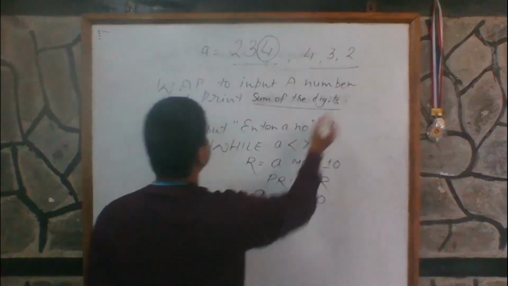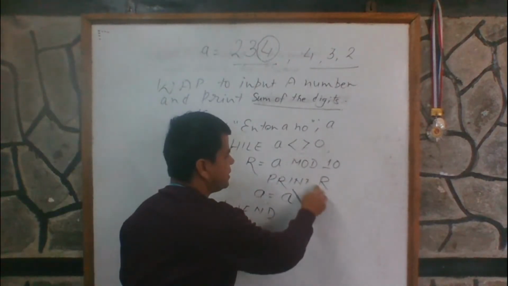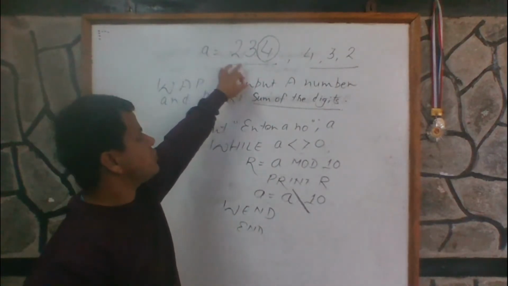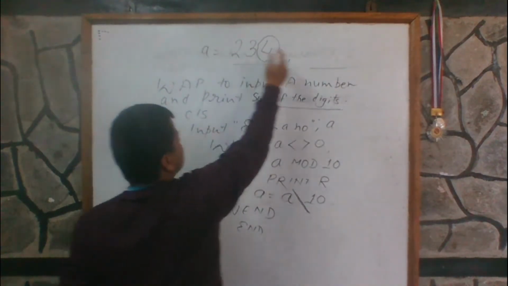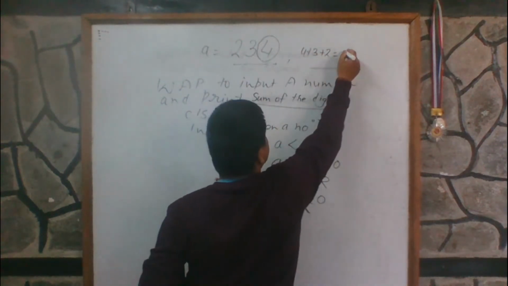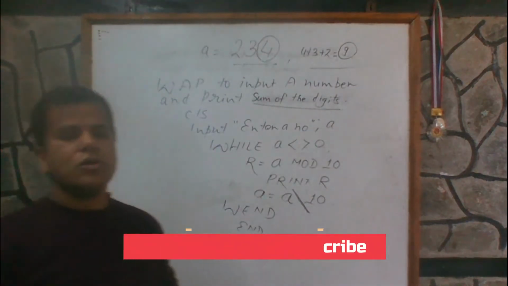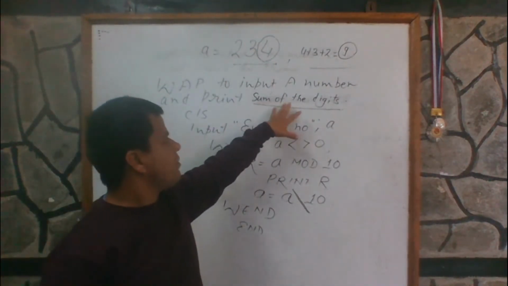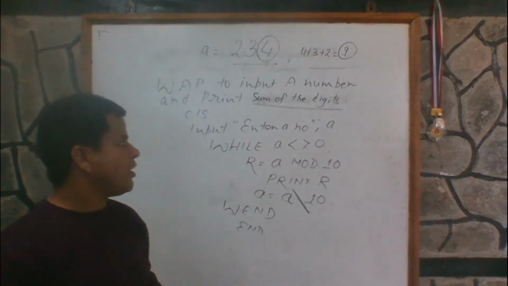Now the program is changed. Look at here. I don't want to print the digits. यो digits print गर्ने होइन. यो number input गर्ने, जस्तो, for example, if the value of a is 234, I want to print the sum of all these digits. 4 plus 3, 4 plus 3 plus 2, 4 plus 3 is 7, 7 plus 2 is 9. So I want to print 9 for the example a equal to 234. If you input any number, then it will print the sum of the digits. How many digits are used? It will calculate the sum of all the digits.